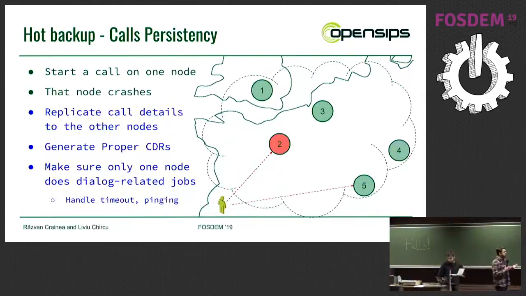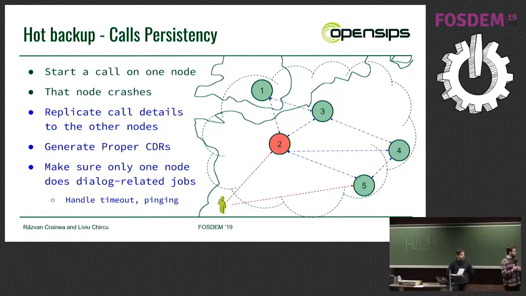Well, in this case, you will have to reach another node, I don't know, using Anycast or DNS or whatever failover mechanism you are using. But for this guy to be able to generate proper CDRs, he needs to know when the dialogue, the call, started, right? And all sorts of information about the call start. So again, you have to replicate information about calls, the start time, and so on,